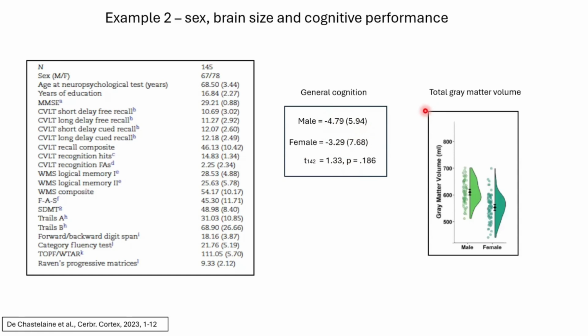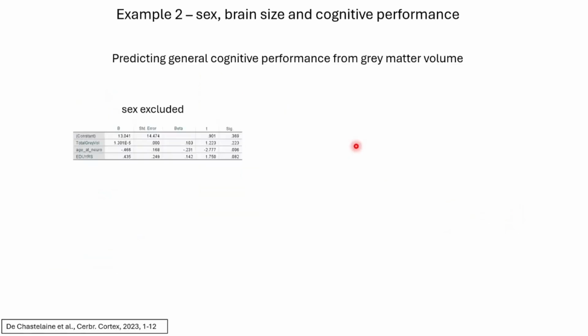Of interest to us right now, among the several structural brain measures that we investigated here, was whole brain grey matter volume. You'll see that women have markedly smaller brains than men do. This is well known, and much smaller grey matter volume, despite the fact that they're just as smart. So much for brain size itself being a predictor of cognition.